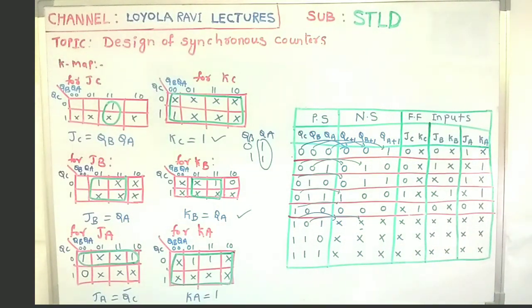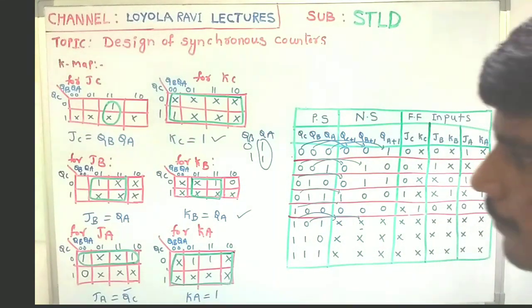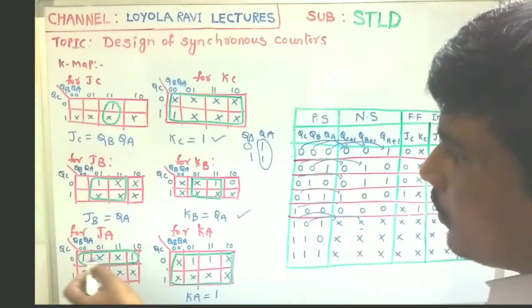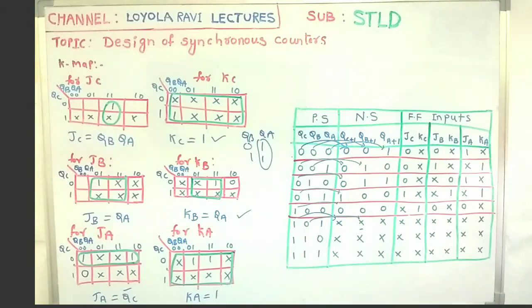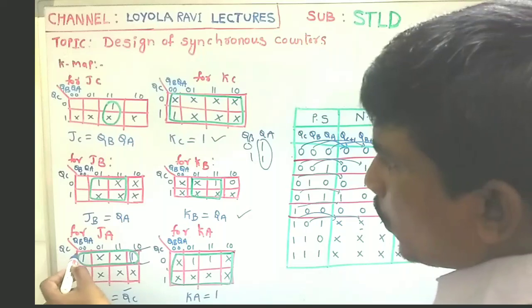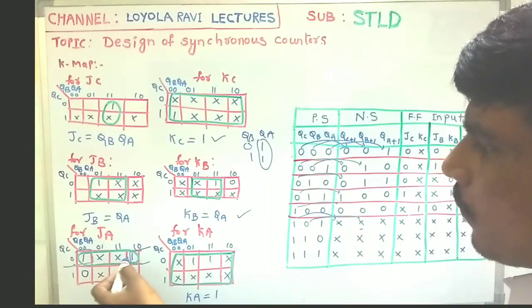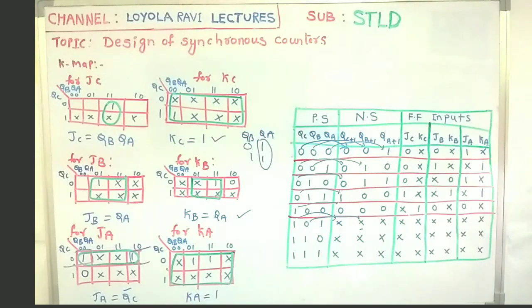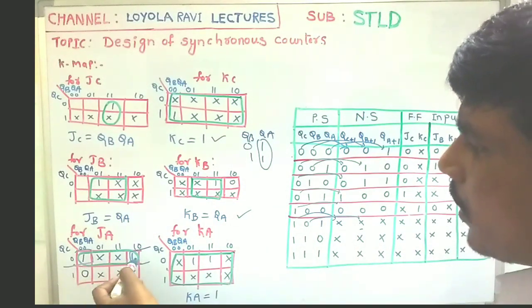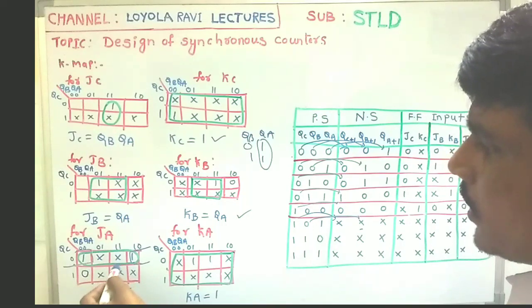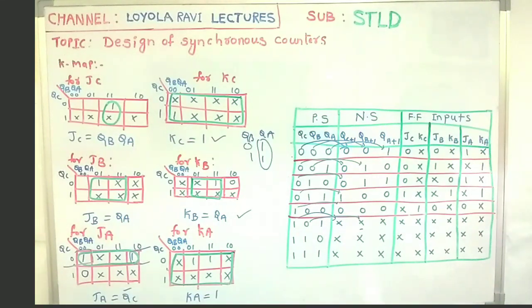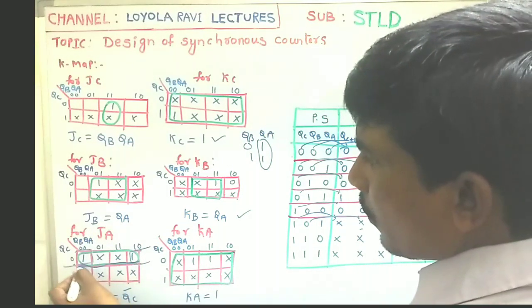First you have to place all the minterms. Then, is there any formation for octet? There is no possibility, so go for quad. So these two ones we have to cover. Maybe there is a doubt for some persons: I am taking two ones like this, forming one pair. Don't do like that, that is wrong. Why? Because if you don't have these don't cares, then you can take that pair, no problem. But here, by covering these ones, if we have don't cares, let us take those as ones. That's why here there is a formation for quad.